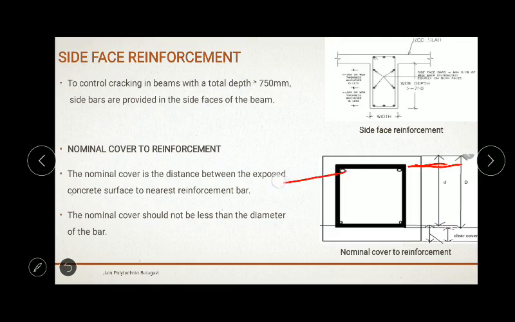This portion from center of the reinforcement till here, this is effective cover, but here a stirrup is provided. So from the center of the stirrup here to the edge, this portion is called as what? Nominal cover to reinforcement.